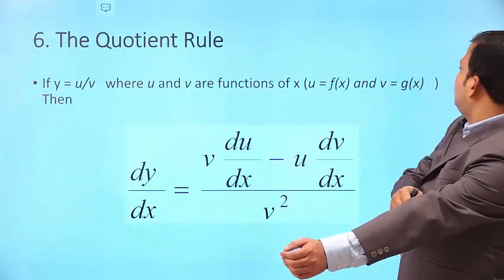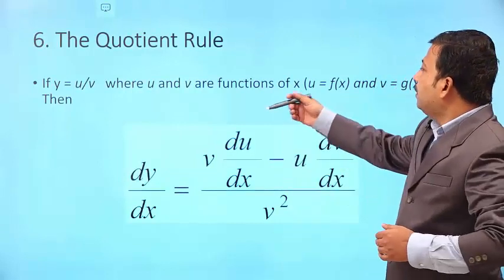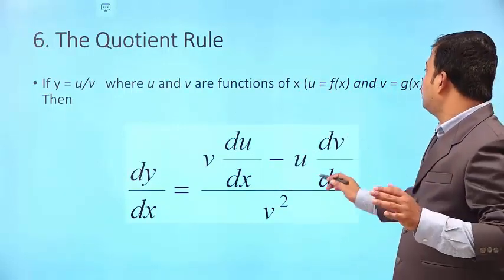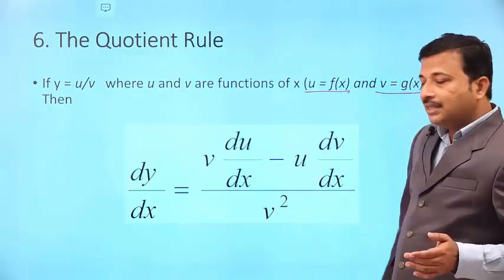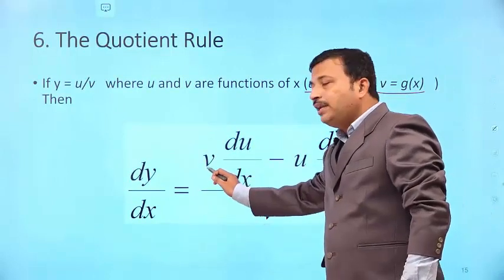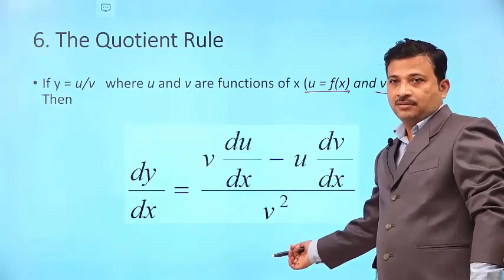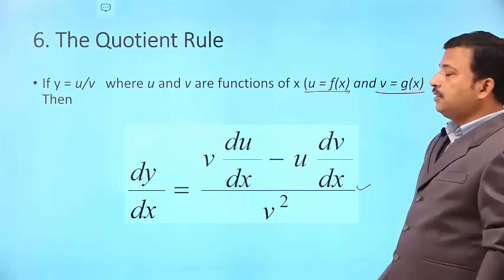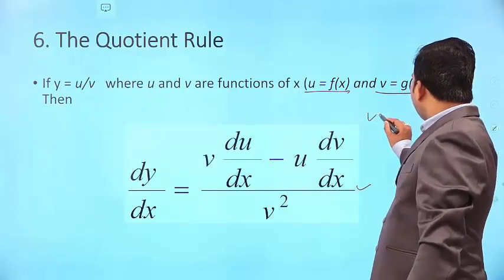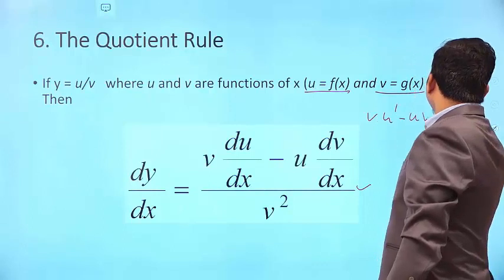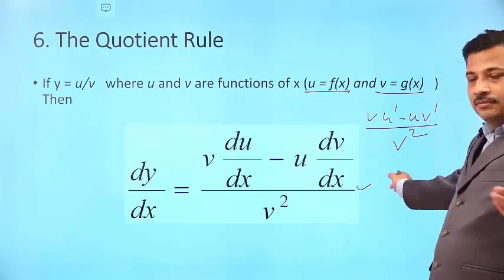Now come to the quotient rule. Quotient rule means if y equal to u by v, where u and v are two different functions. So let us take u equal to a function f of x and v a function g of x, then dy by dx is nothing but (v into du by dx minus u into dv by dx) by v square. You have done many problems using this, but I am just refreshing you on what you are going to implement. So you always write v into u dash minus u into v dash divided by v square. You are habituated with this function, right?